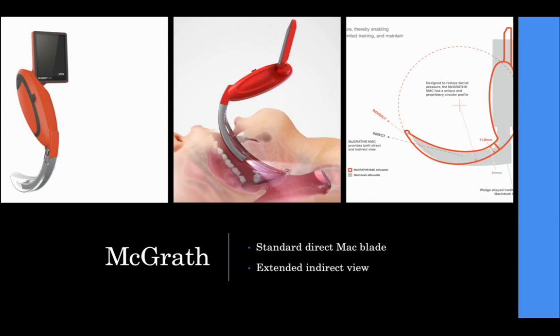McGrath is an unchanneled device that you may see out there. They do have one that's a little more hyperangulated, but essentially the McGrath is mostly a standard geometry blade, which means I'm going to walk down the airway, I'm going to lift like I normally do, and I'm going to get a direct view of the vocal cords. Now, I also have a little extension of this camera to get an indirect view as well. So essentially, this is direct laryngoscopy on steroids. You can use the same technique that you're used to. You can use a bougie successfully with this device,